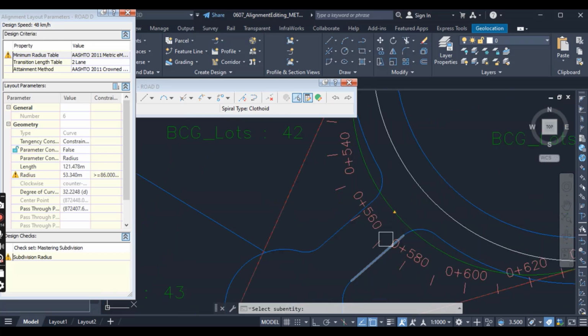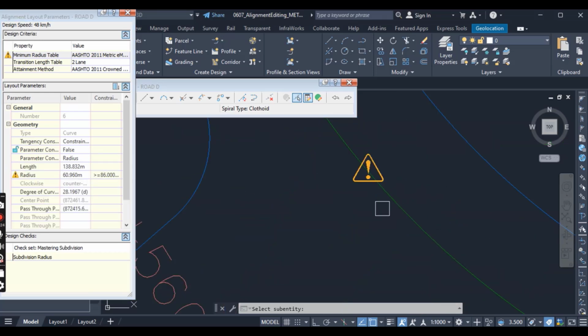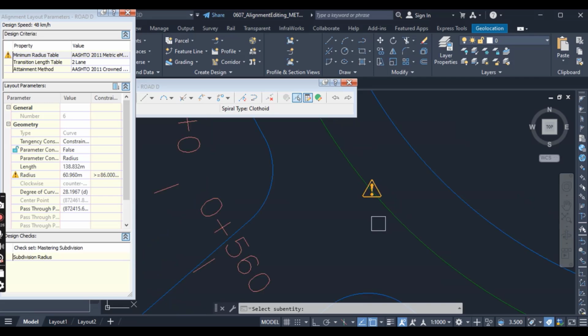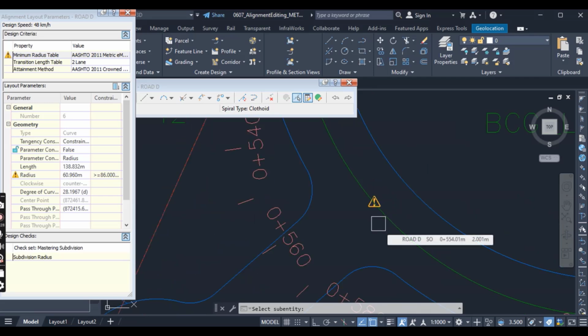So change the value in the field for now to 60.96, and again watch the update here. This value is closer to the design and is acceptable despite being less than the minimum radius for the design speed. So now close the alignment layout parameters dialog